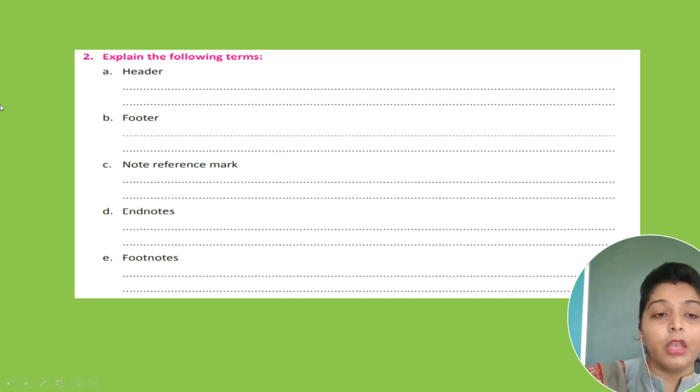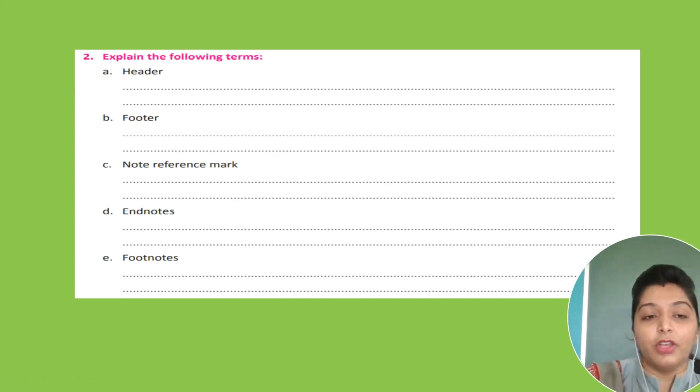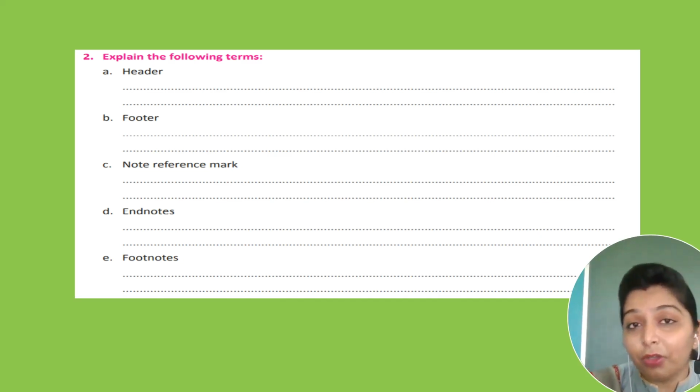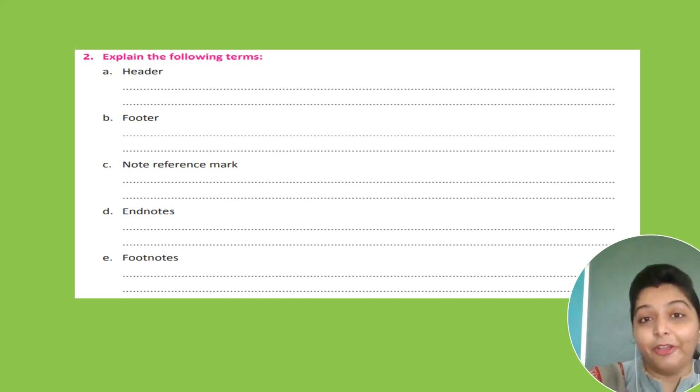Clear to you? Now these three you will do on your own. You will find it, you will read, you will watch the video lesson, you will refer to the textbook and then you will write it. These three are: note, reference mark, end notes and footnotes. Clear to you children? Having any doubts in this chapter? Yes or no? Very good. Still, if you are having any doubts while watching the video or writing the notes, you can call me during